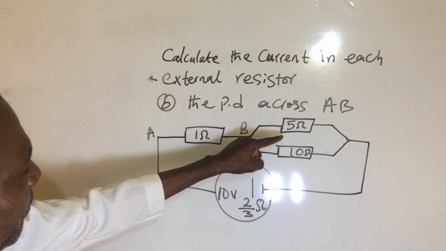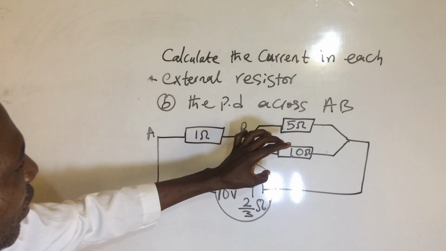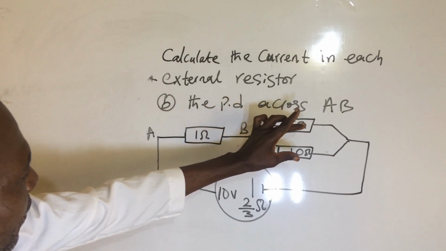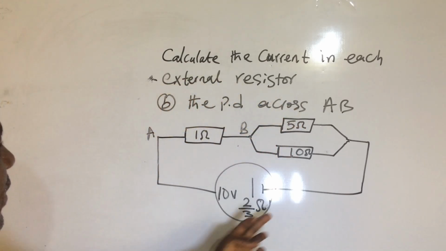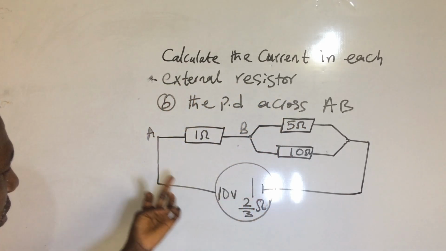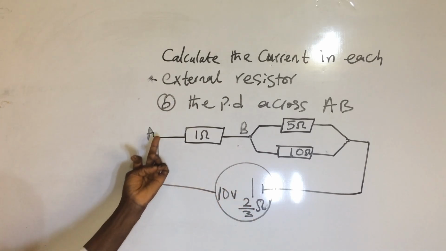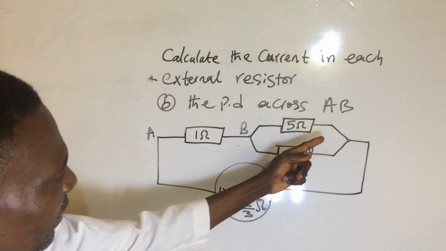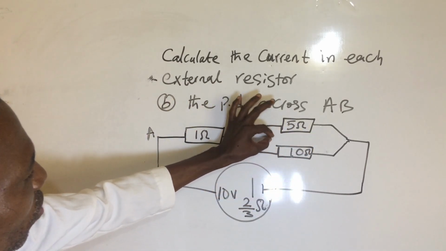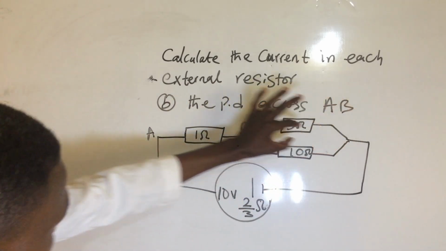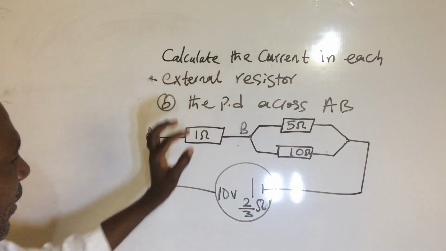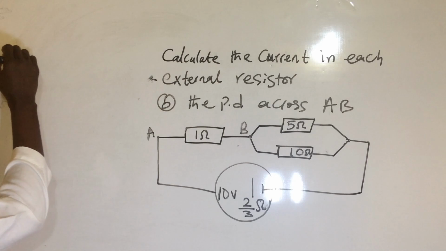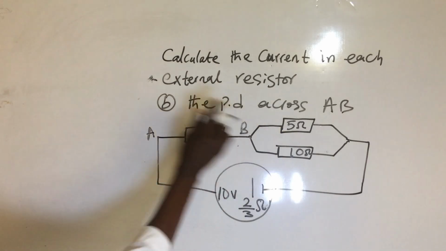After finding them, the circuit will now have resistors in series. From here to here, combining this one together will now be resistors in series. But now let us find the total of this one in order for them to be resistors in series. First, the total resistance here will now be